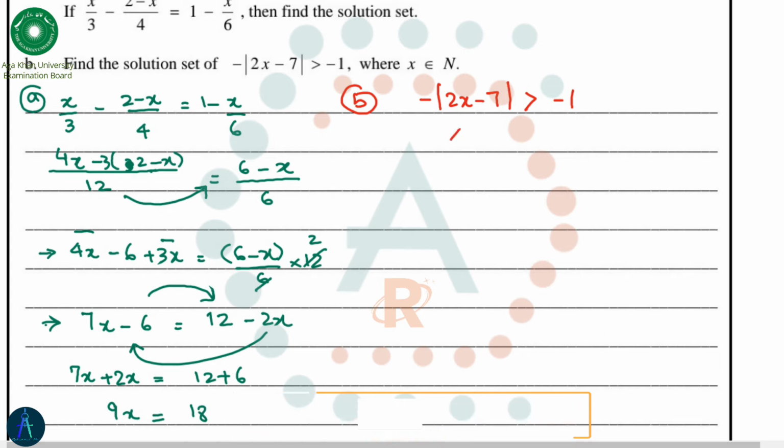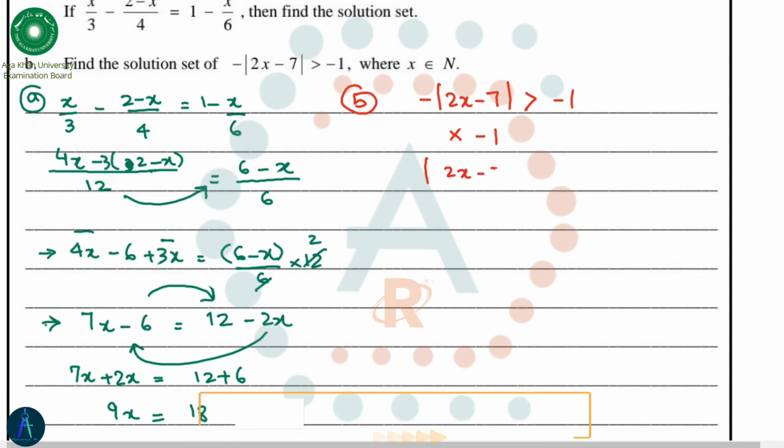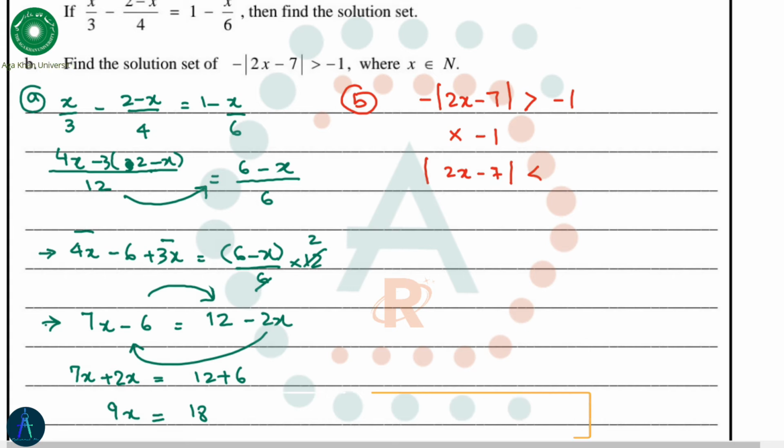First of all we will multiply both sides with minus 1 to cancel out the negative sign with the modulus. So this becomes modulus of 2x minus 7, and when we multiply with a negative number, we reverse the sign of inequality. So this sign will be reversed and it will become plus 1,